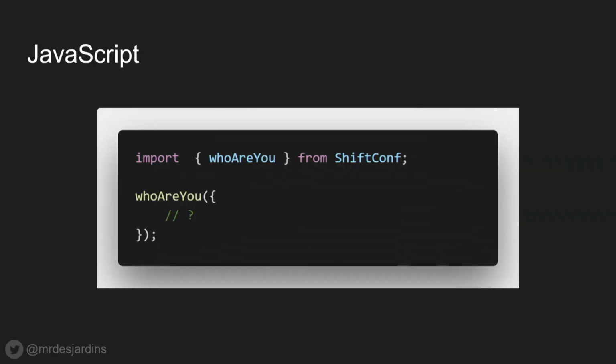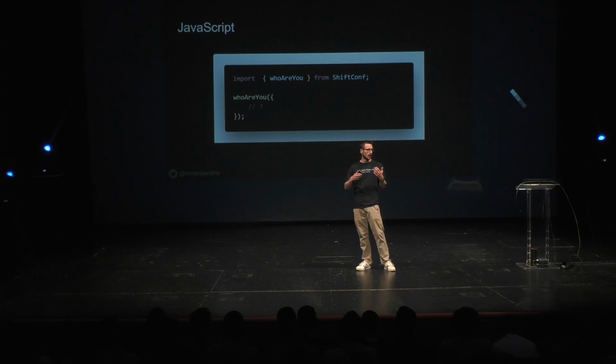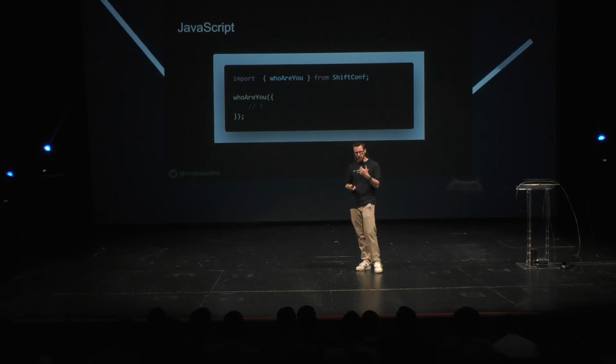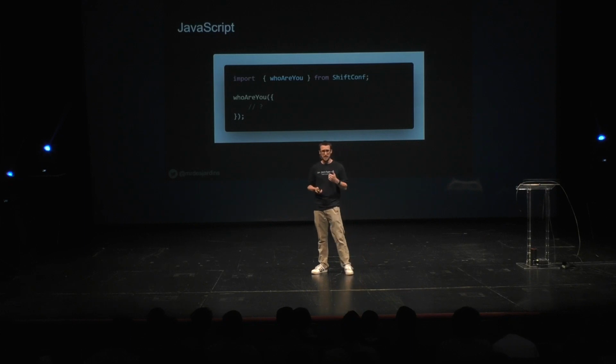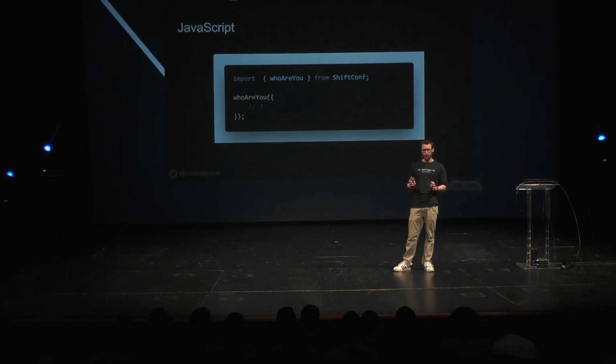Like everything, we're going to start with importing the library. So we're going to pretend that the Shift conference is presenting us with a library that we can use. We're going to use npm to import this library. And this is something interesting for TypeScript. You don't need to use anything from Microsoft that is proprietary to get the library that you want to use. You just use the tool that you're already familiar with, which is npm. You're getting your source code from there, and then you can use the library. So in this code right now, I'm importing my library, and there's nothing more that I needed to do